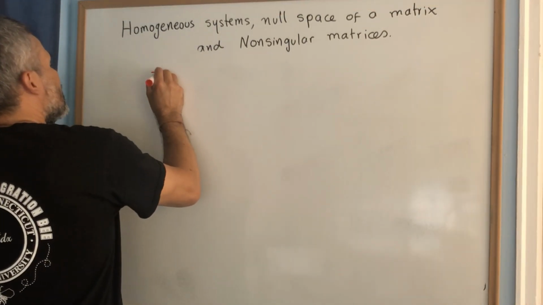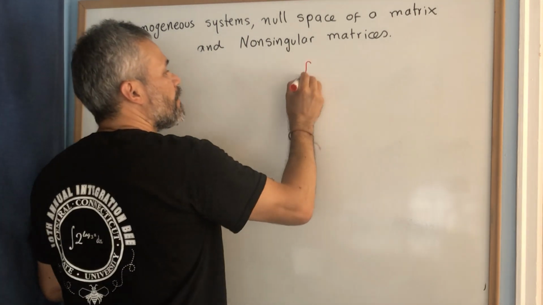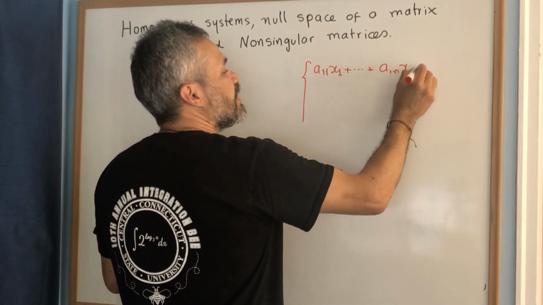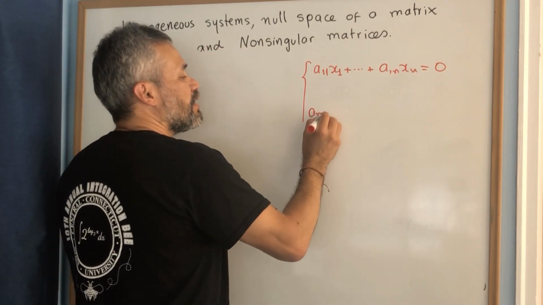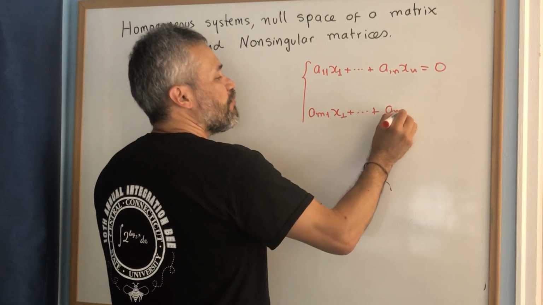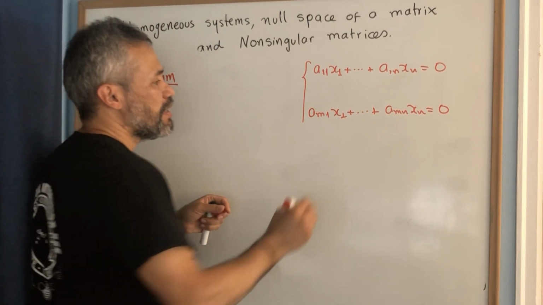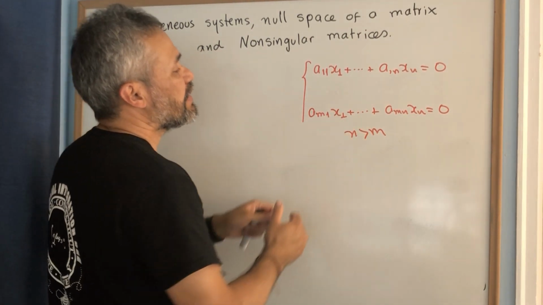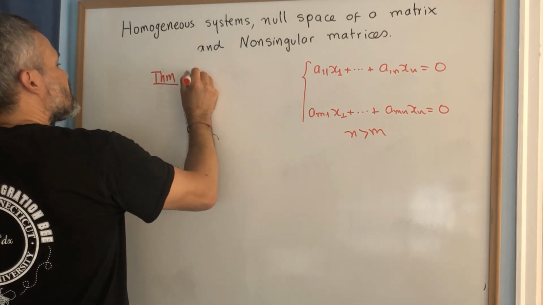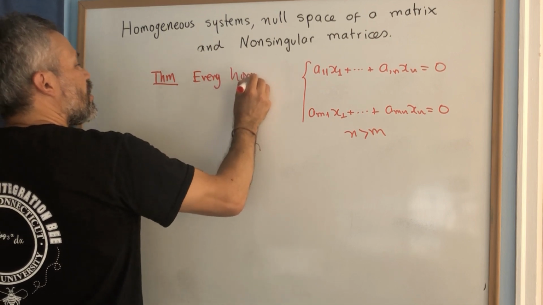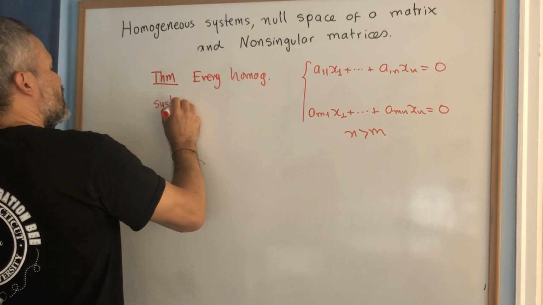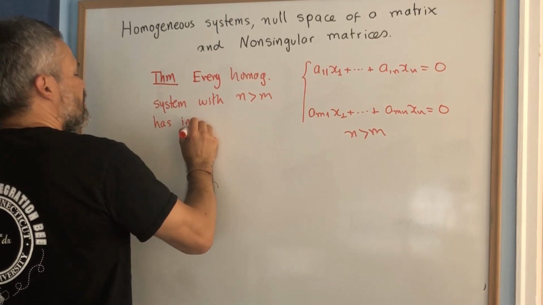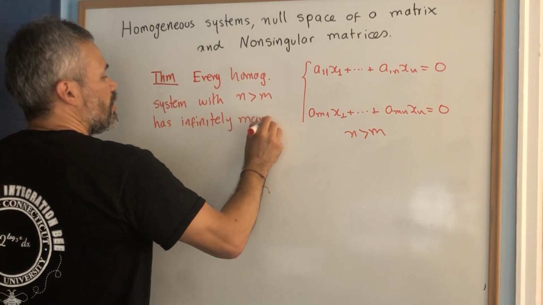The theorem says that if you have a system a11 x1 plus ... plus a1n xn equals 0, and then am1 x1 plus ... plus amn xn equals 0. If we have a homogeneous system, but n is bigger than m, then what the theorem says is that there are infinitely many solutions. Then let me write down: every homogeneous system with n bigger than m has infinitely many